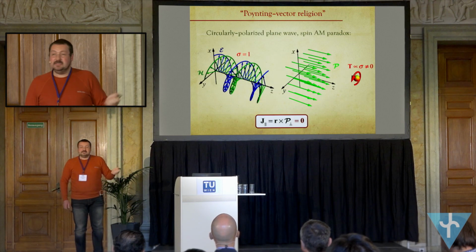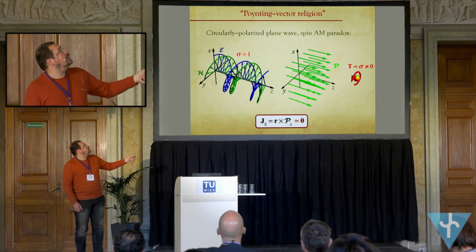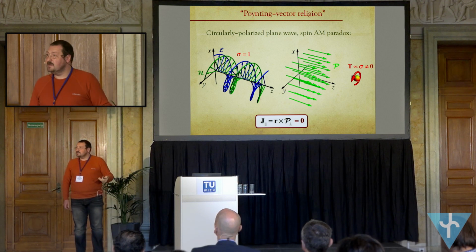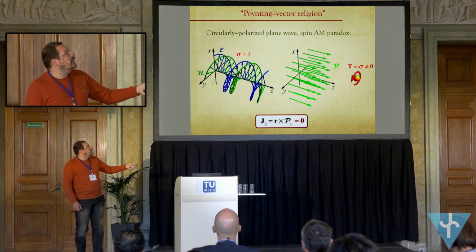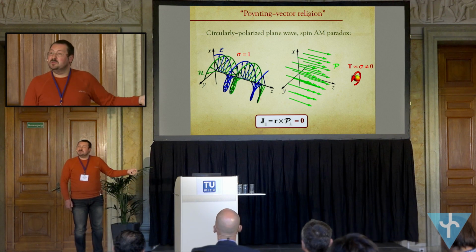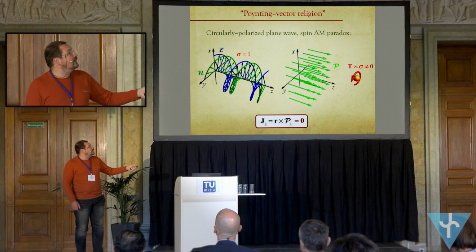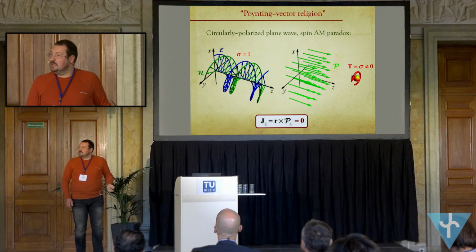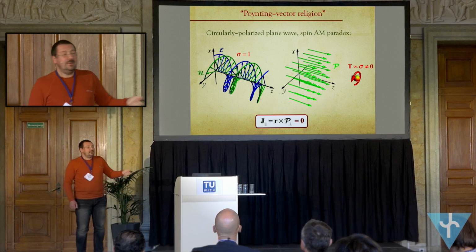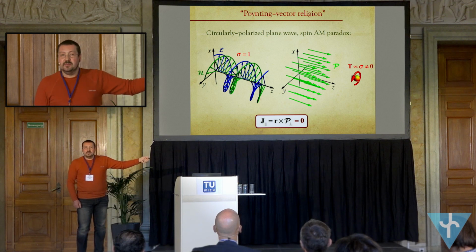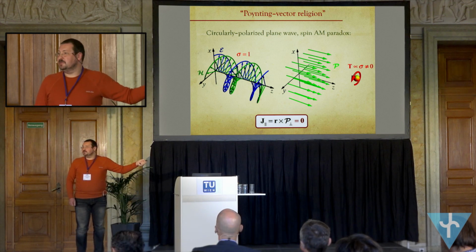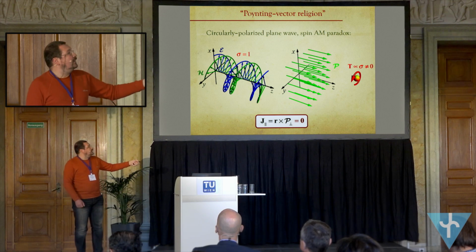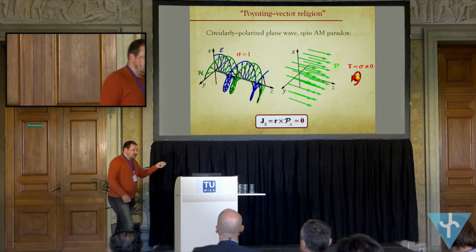So let's consider again the simplest solution, a plane wave with circular polarization. We believe that it consists of photons carrying spin along the z-axis. But when we calculate the angular momentum density using the Poynting vector, it vanishes identically. So there is no angular momentum in a circularly polarized plane wave. But experimentally, we can put in a probe particle, and it will experience a torque from this field. The angular momentum can be transferred to atoms, so we can measure it, but it's absent in the Poynting vector picture.